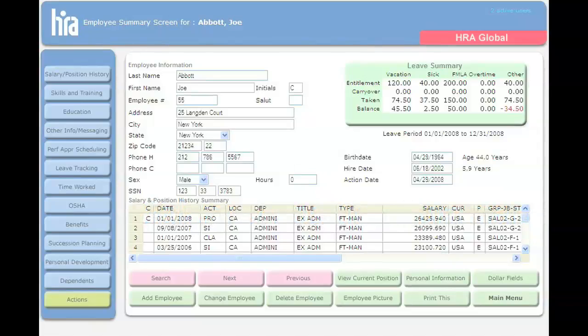As part of the summary screen, there are 12 separate modules. The buttons to each of these modules are in a column on the left-hand side of the screen. You can choose to use as few or as many of these modules as your time or your requirements dictate. These modules begin with the salary and position history module and show you where the employee has been since they were hired. Then there's skills and training, tracking, education, their formal education, other information / messaging,